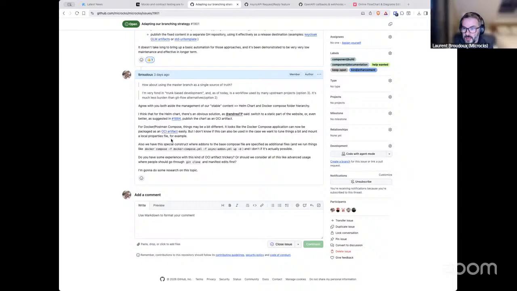So if you have experience on OCI artifacts, for example for Helm charts, for Docker Compose, or automation, or experience on automating stuff for publishing on the website automatically, to maybe have a dedicated section of the website for static stuff that can be retrieved easily for easy setup and so on, just get through this issue, and let me know what you think.